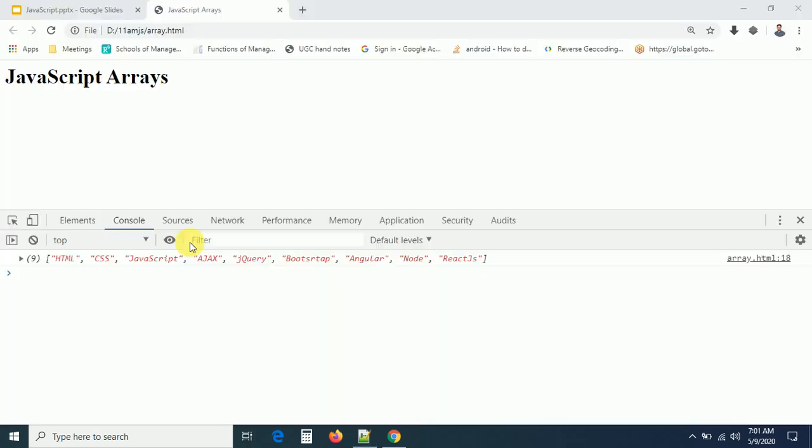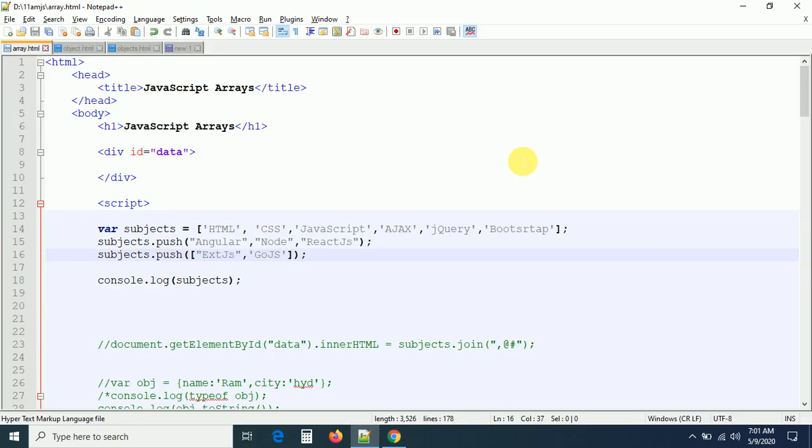So can you see, if I refresh, the array is also going to be added here. This is the array which contains 2 elements. I mean, if you want to add multiple elements, we can add them. And if you want to add an array also, yes, we can add to the array. Total elements are 10 now, right? This is the push method. What is the push method doing? Push method is adding an element to an array at the last position.